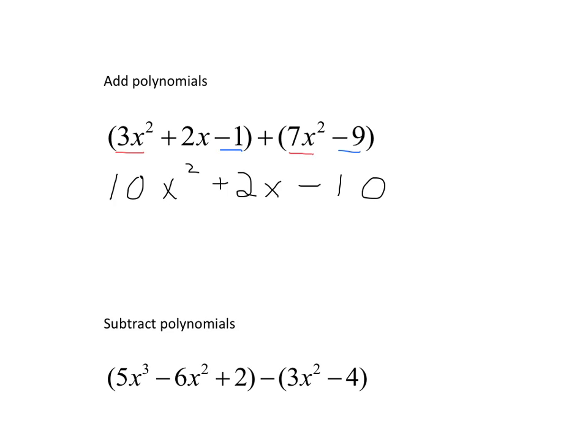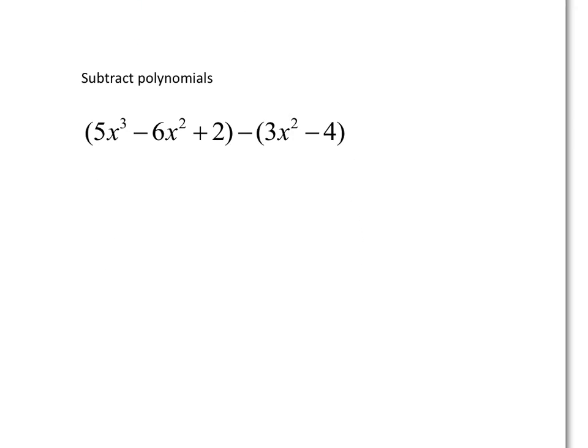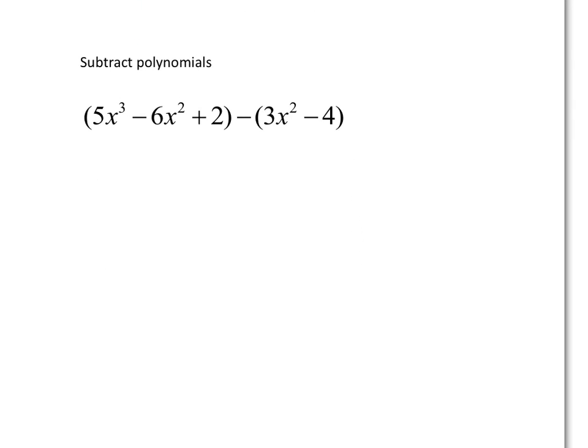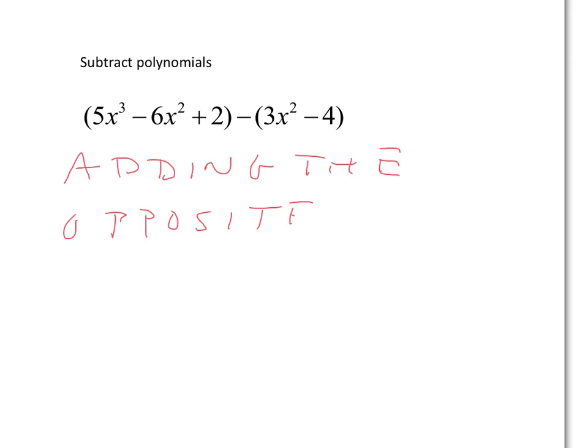Subtracting polynomials is exactly like adding polynomials, except there's one important thing you have to do first. I'd like you to always turn these into adding the opposite. And you can tell I think that's important because I made it red and all caps. If you don't add the opposite, people have a tendency to lose minus signs as you go further and further into the polynomial. So what I'm going to do is turn this into a plus, and then this turns into